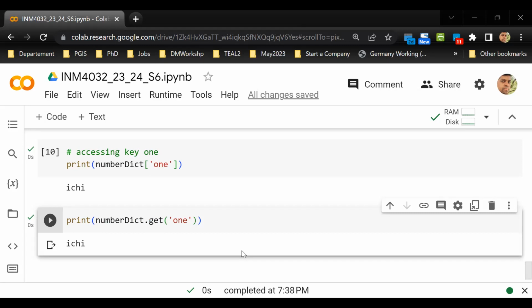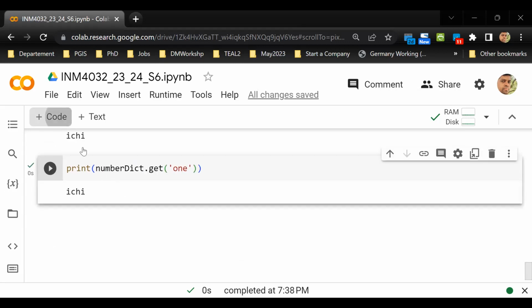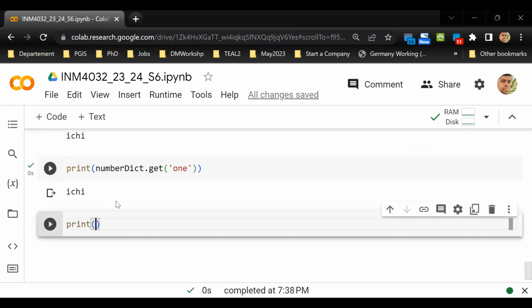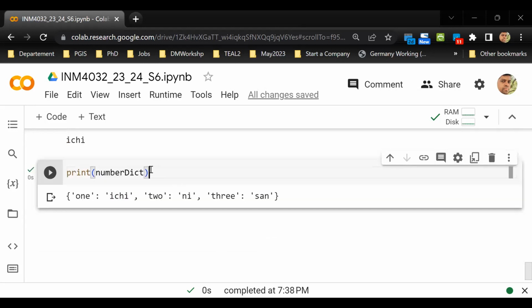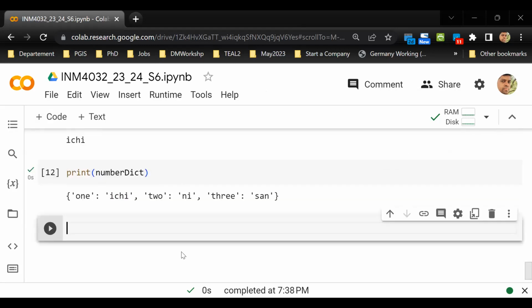Right. The next one is, let's discuss how we can add a new item. Right now, when I print number dictionary, we have 3 items. The keys are 1, 2, 3. Which means when you want to add, let's say, the 4th element, the trick that we are going to use is simply we will say number dict,